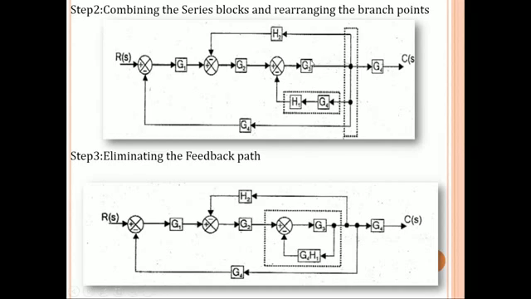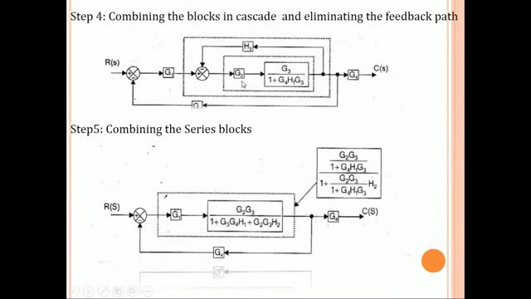That is G3 divided by 1 plus H1 G4. Now this G2 is connected with this block, right? So these two blocks are in series. It is noted here, right? Now these two blocks are series blocks. So if two individual blocks are connected in series, we can multiply them. So the resultant of this block will be G2 G3 divided by 1 plus G4 H1 G3.